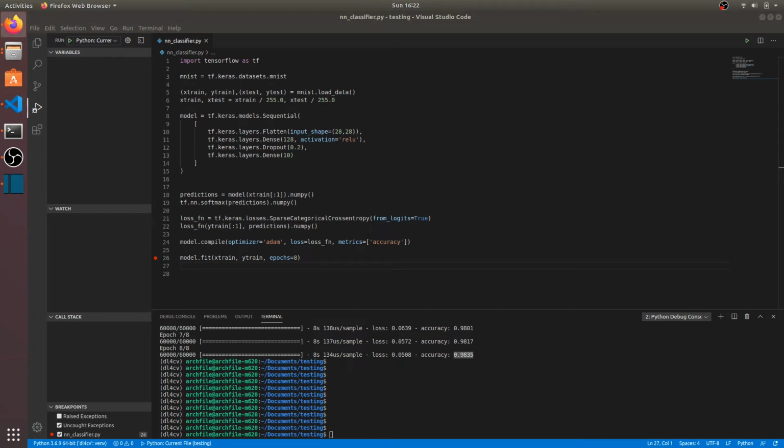Let's have a quick Google and say TensorFlow 2 save model. Keras save model. Load and save models. TensorFlow core. Sounds pretty much like what we're after, I would think. So it would appear that what we have to do after we've created a model